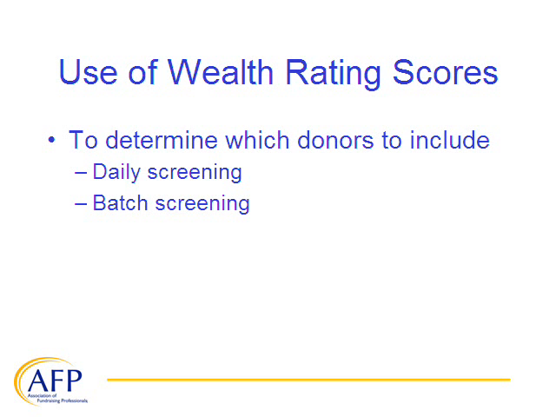And you're doing that on a nightly basis, and this is a service that many wealth screening companies offer. The other way to do it is a batch screening. If you don't have a change of population nightly like a hospital, if you're a university, you could batch up your non-donors and send them out for wealth screening on a batch basis, which means you're taking a large number, sending them out, and getting the results back.